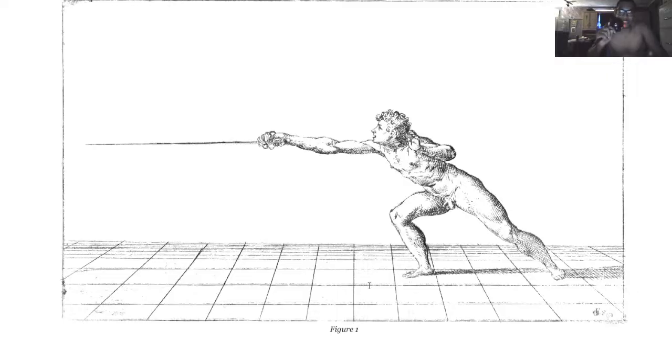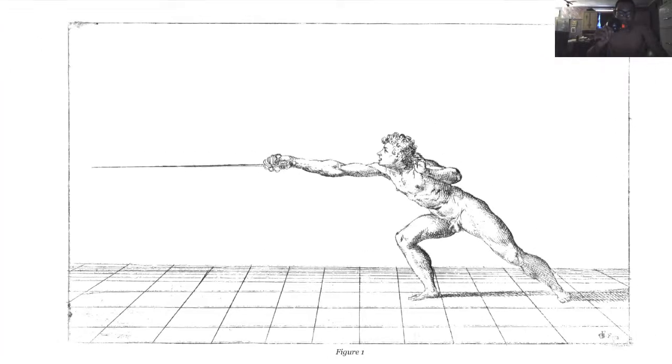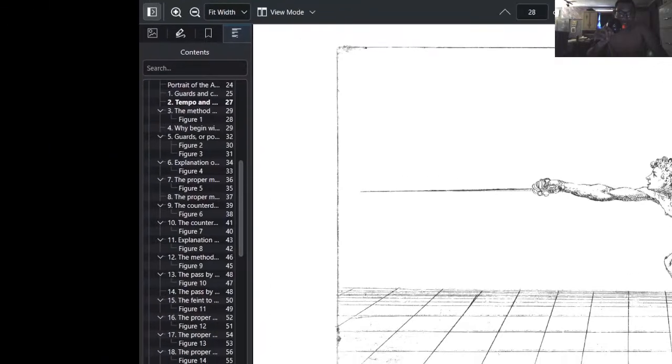I forget that they, so you could really see, okay, so that's